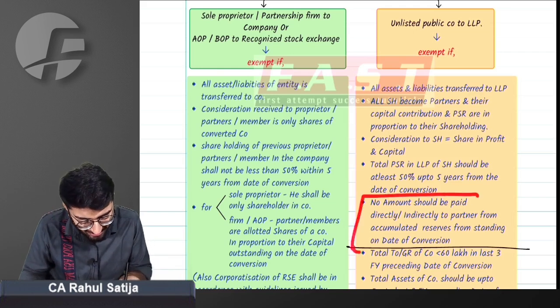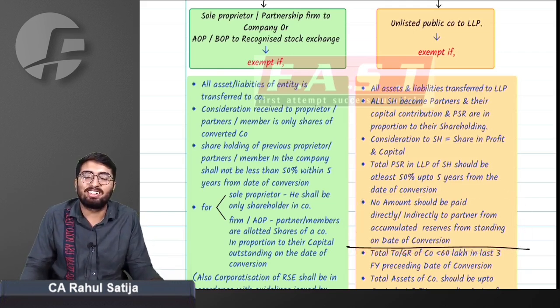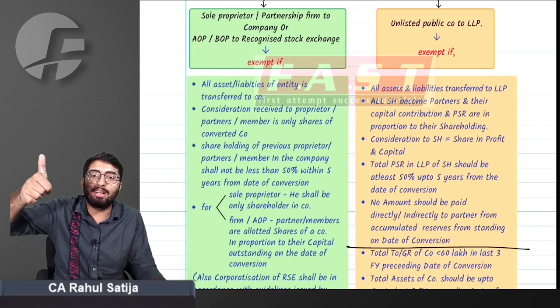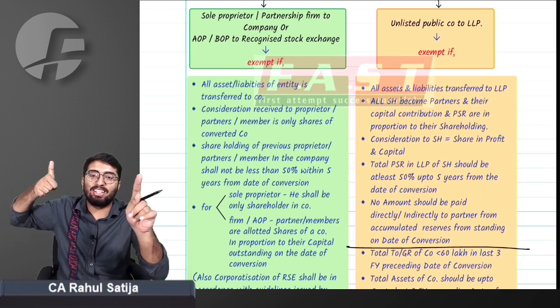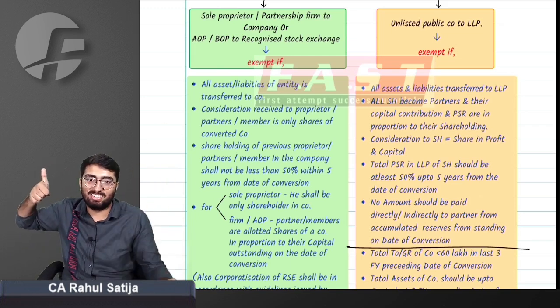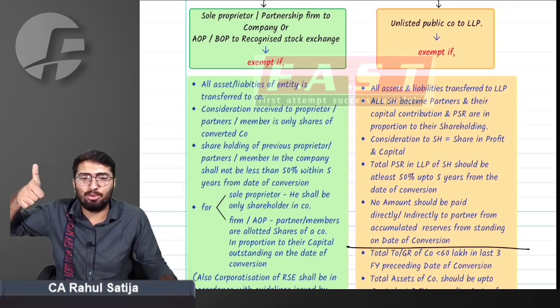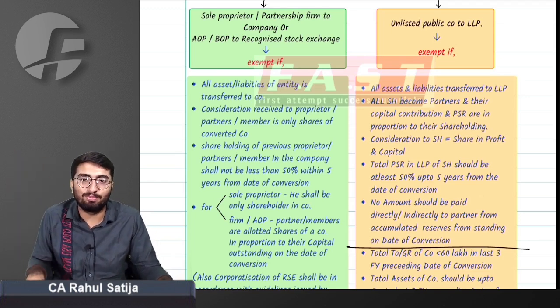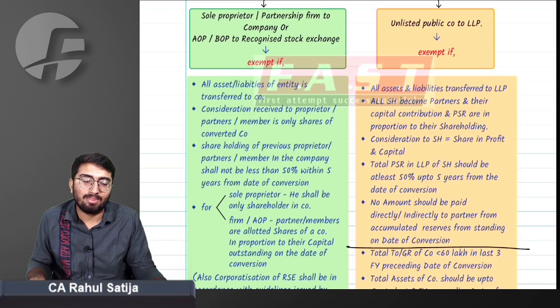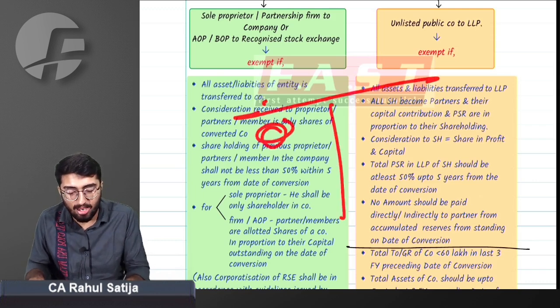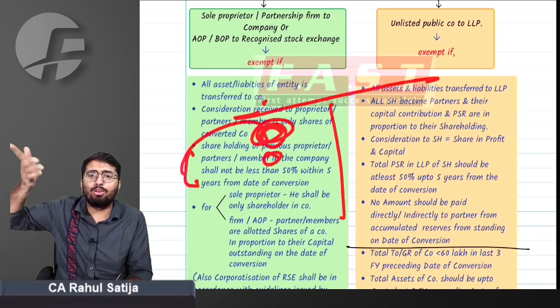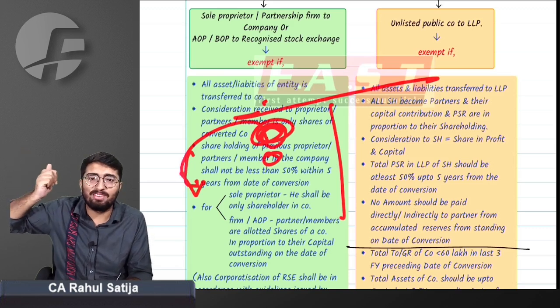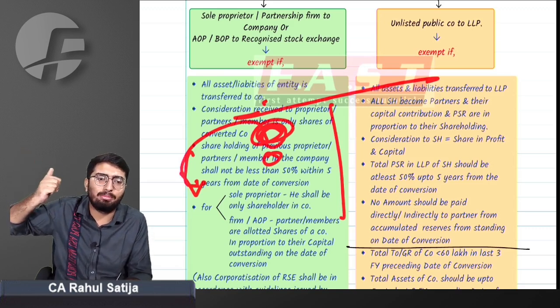And the last point is a very intelligent point. See, if you want to take money out of the company, you have to pay dividend. If you want to take money out of the company, you can pay dividend or it will be deemed dividend. If you have reserves in the company and want to take them out, you have to pay the dividend. Now, there is no other way. Either it can be dividend, or it can be deemed dividend.